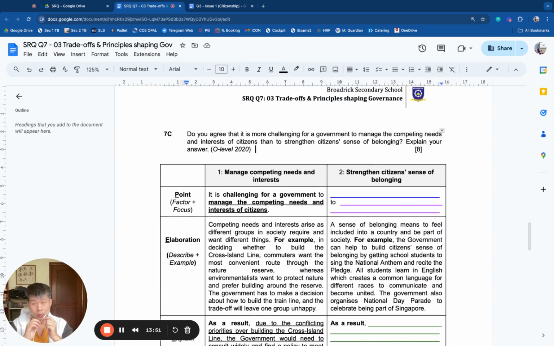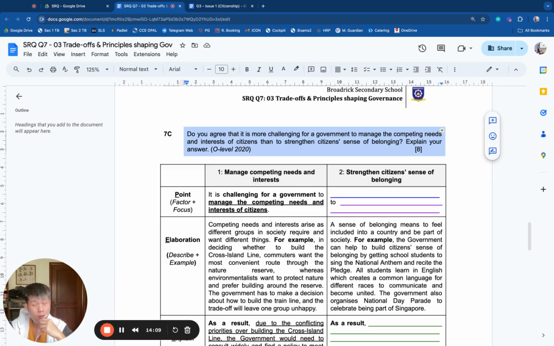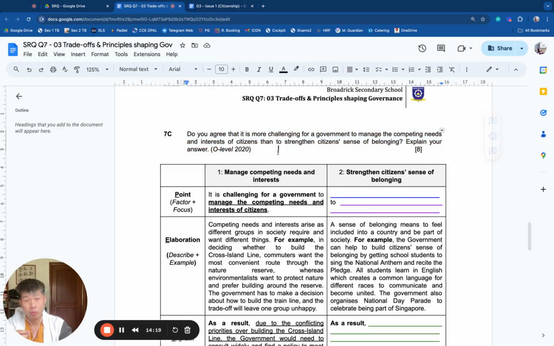And this question is a bit of a tricky question, and I want to spend time talking about this question, and showing you how to do this question. And then I'll leave the rest of the questions in this worksheet to you. Okay. So as we know, when we approach the weighing essay, the essay question will provide two factors and one focus, or one factor and two foci, and you have to sort of map it, right? So here the focus is about what's more challenging for the government.